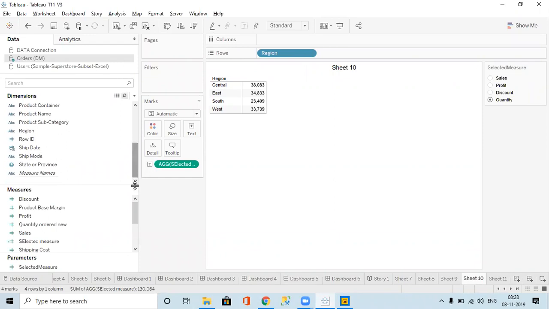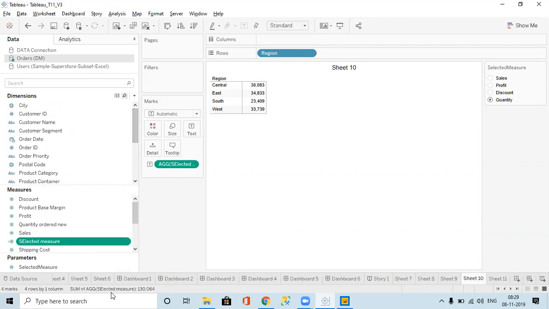If you come down here, there is an equals symbol, right? Yes. So that is nothing but a calculated field. Here also it is calculated. Whenever you create a calculated field, it will be shown like that, and parameters will be displayed separately.